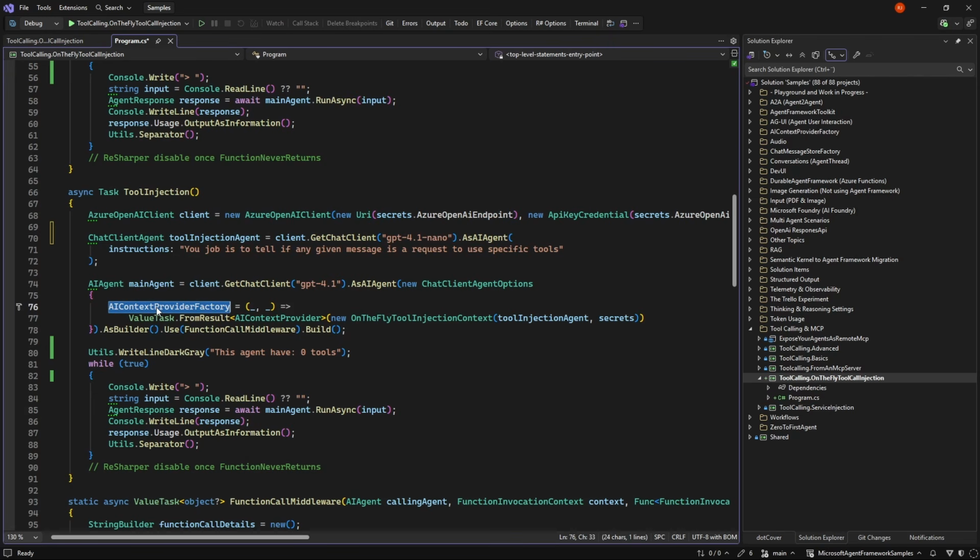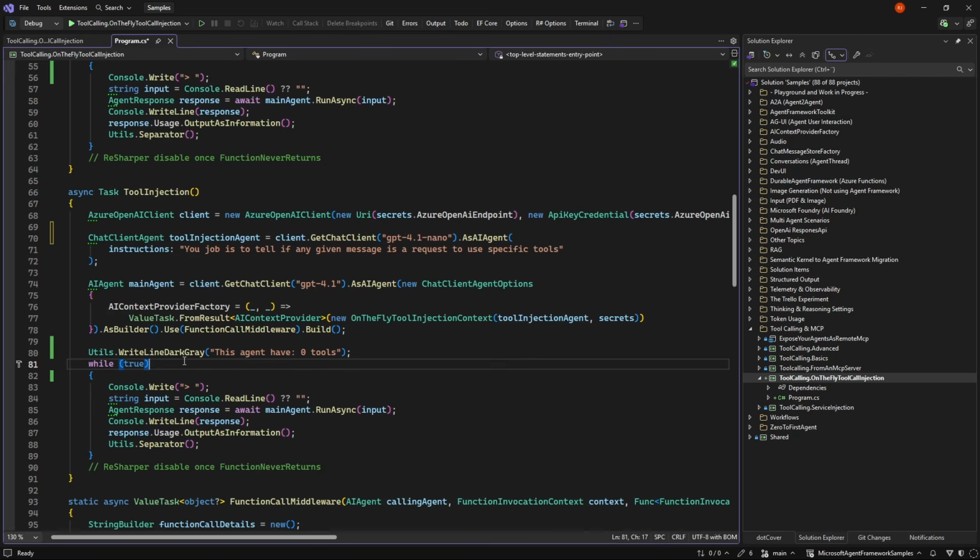We used this previously in memory as well, but in essence, what it can do is we can on the fly react before something happens, before a message is sent to the LLM, and on the fly inject instructions and tools. And that is what we're doing here.